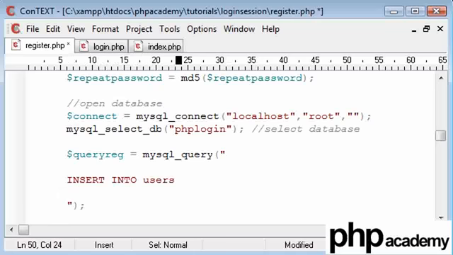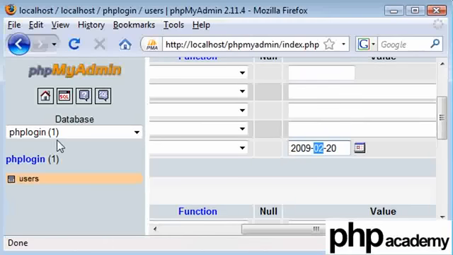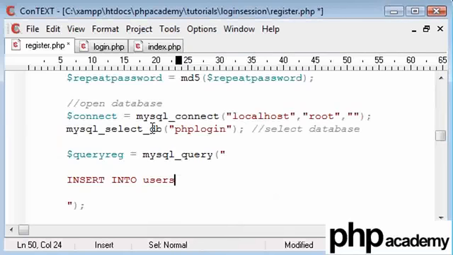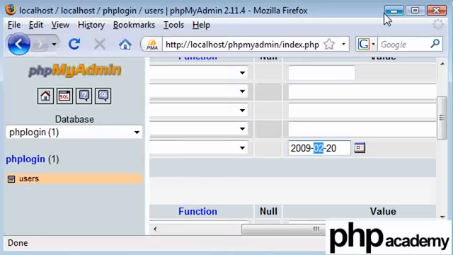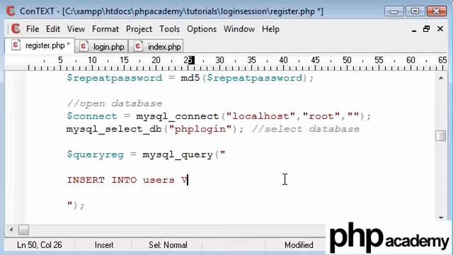If you go back to here, PHP login is our table that we've selected, so MySQL select DB, PHP login, and we're inserting into users, which is our table inside this database, and we're going to say values in brackets, each value of the